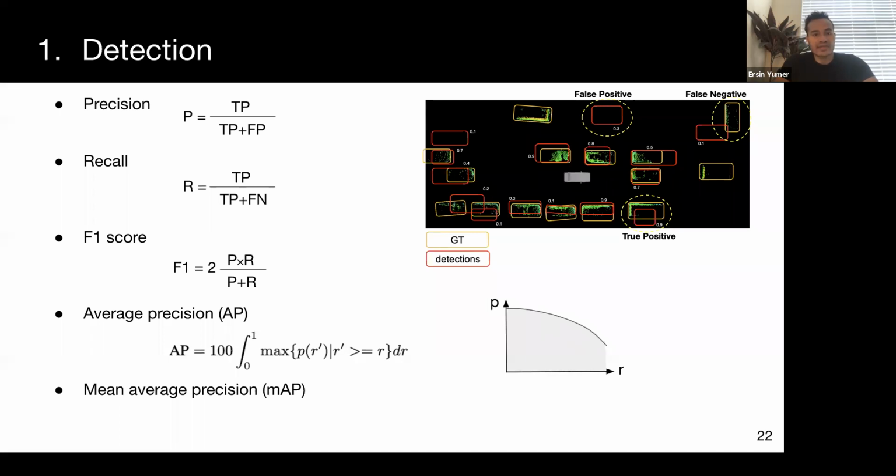Using a high confidence threshold only leaves the easily detected objects that the model is certain about, and then will yield a higher precision, but will yield a low recall. Similarly, setting the threshold to a low value will pass uncertain detections to the metric, and hence yield a lower precision and higher recall. Therefore, a popular practice is to look at the precision recall curve that is generated by